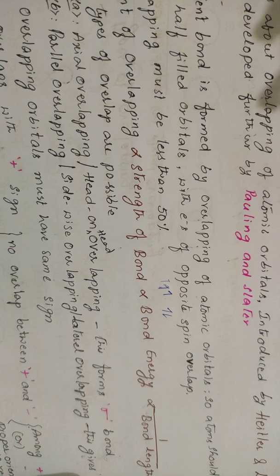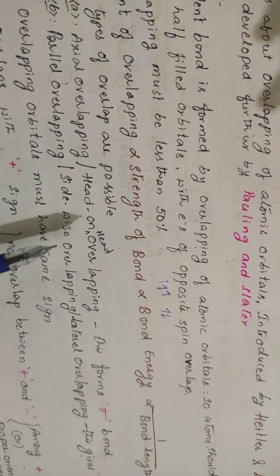The two types of overlaps which are possible. So we are saying, with respect to overlapping, two types of overlaps are possible. One is axial overlap, meaning head-on-head overlap. This is also called head-on-head overlap. This axial overlap forms a sigma bond. See, head-on overlapping results in the formation of the sigma bond,